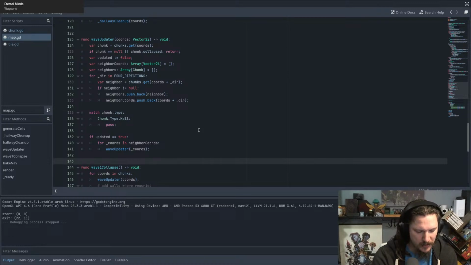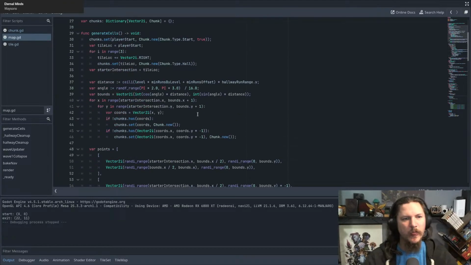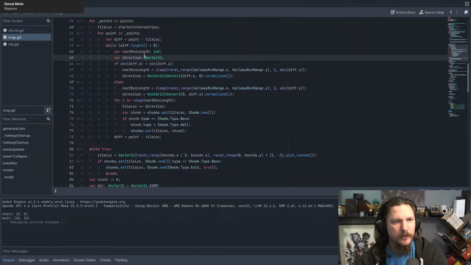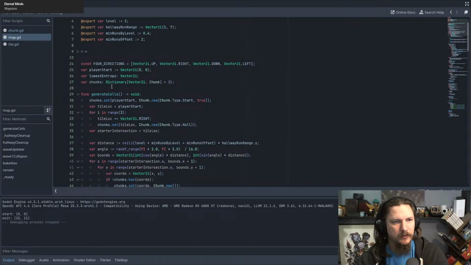I think when we're placing our hallways, we can restrict back. So if a tile is attempted to be placed and it has 3 out of 8 neighbors. Yeah, so if we go up here to our traversal function, if we go to place a tile, so we've got 4 directions,